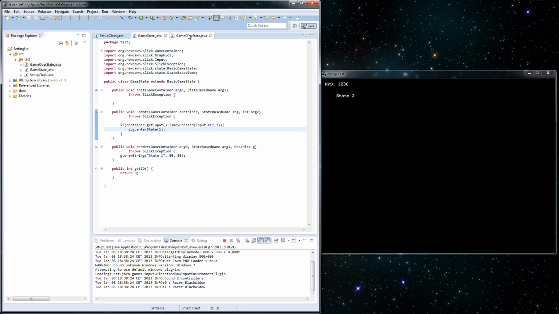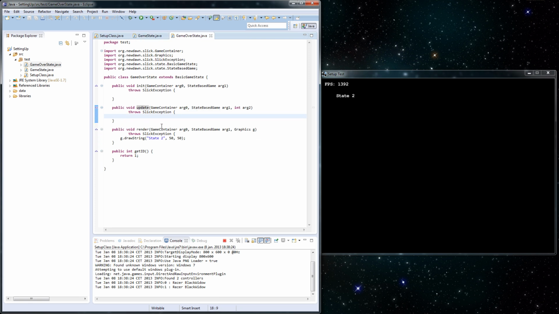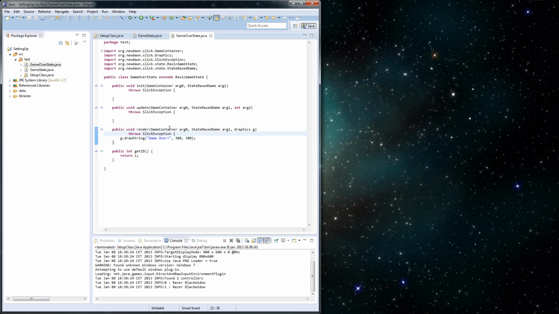So, very useful thing. And what we're going to do now is use these states to show our game over screen. So we're not going to draw state 2. We're actually going to say game over, and let's center it somewhere on the screen. Doesn't matter too much anyway. Let's close it down for now. And what we can do now is